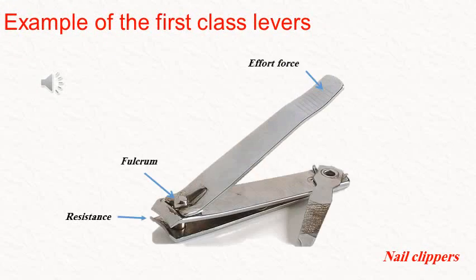This is an example of first class lever. This is nail clippers. Resistance force is your nail when you want to cut it. Observe that the fulcrum is between effort force and resistance force. This is first class lever. This is the reason we put it in the first class lever. Okay,